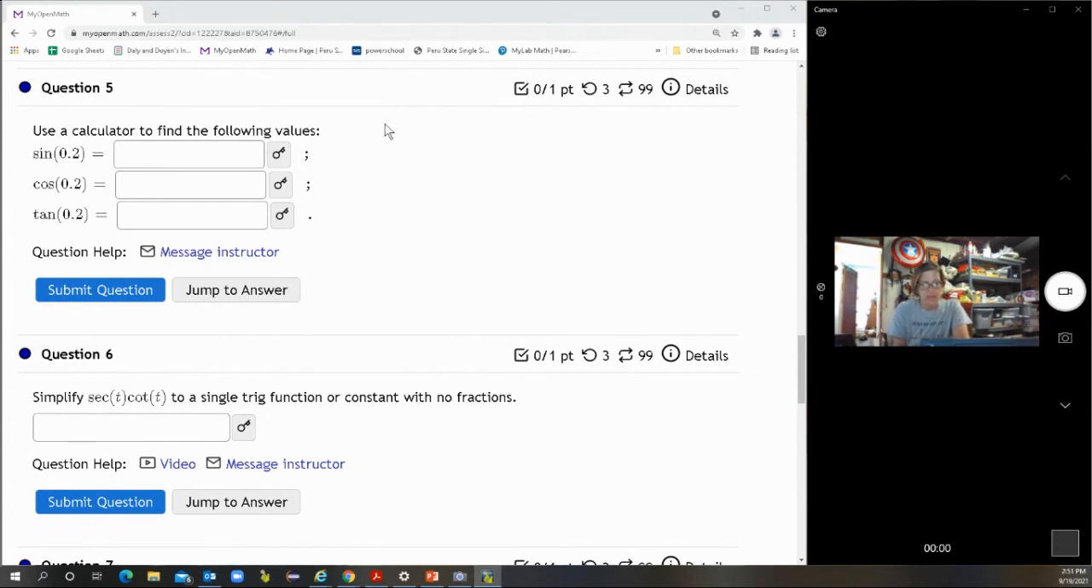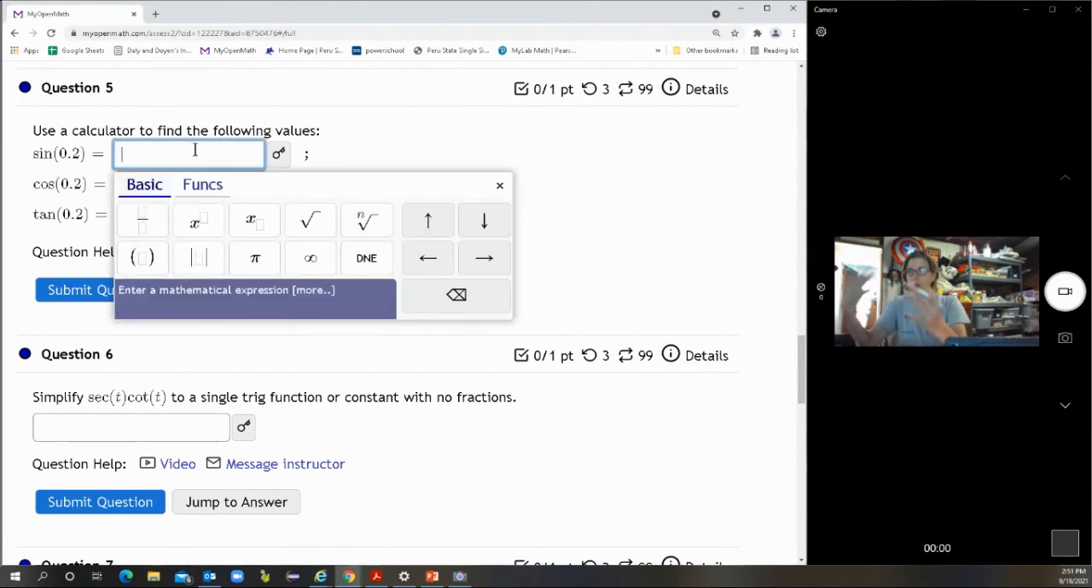Now, just for the heck of it, I'm going to put in the degrees. So I'm going to change my mode over to degrees and do the same thing. I'm just going to say sine of 0.2. In degrees, this is 0.00349. All right, so the answer to this one should be the radians because it's not marked with degrees. So the answer here should be